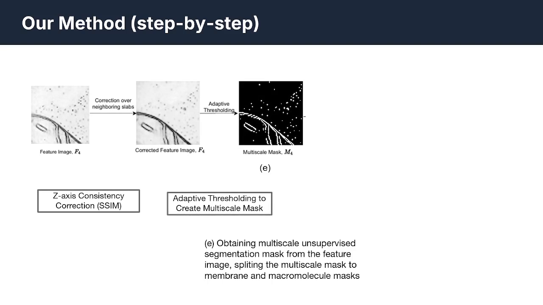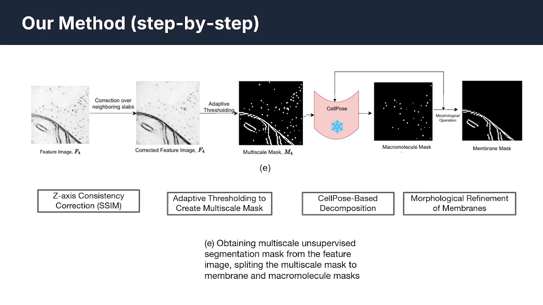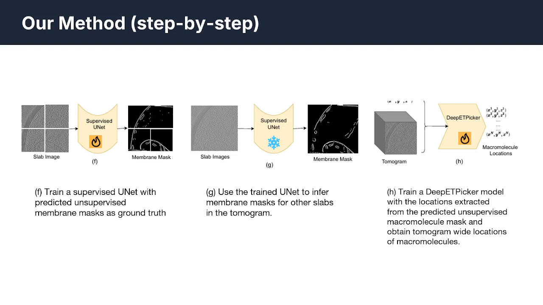We perform Gaussian adaptive thresholding to the corrected feature image and obtain the mask of our quarter image patches. This mask contains both large membranes and small macromolecular objects, which appear as small repetitive patterns across the mask, similar to how cells look like in tissue images. Due to sheer size differences, the large membranes and small macromolecules need to be differently processed downstream. Hence, we used a pre-trained cell segmentation foundation model as an oracle to separate macromolecules and membranes from the obtained multiscale masks. By combining the membrane mask for the quarter images, we obtain the full membrane mask for each selected